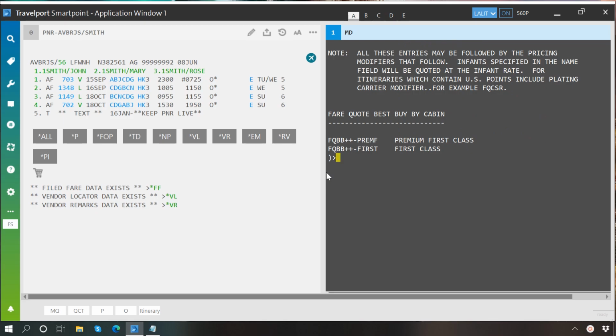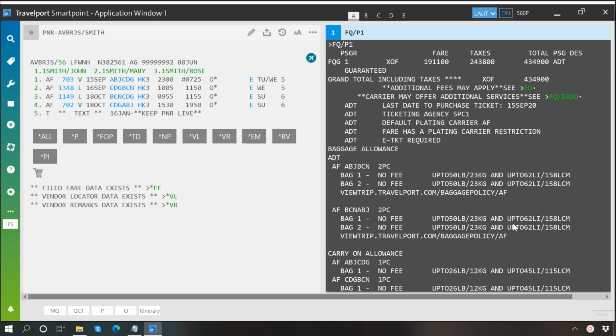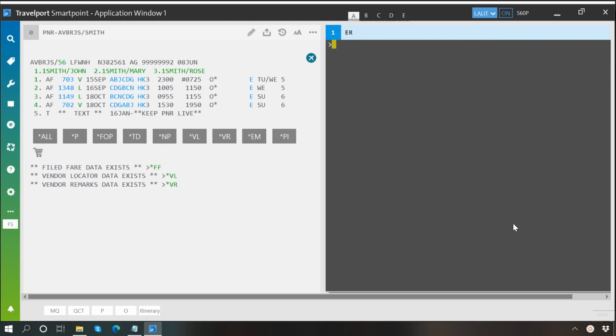Now, one more thing which we are going to learn in this video is filed fare and how to delete an unticketed filed fare. So once you save the fare using any fare quote entry, then the details of that fare stored in your PNR are called filed fare.